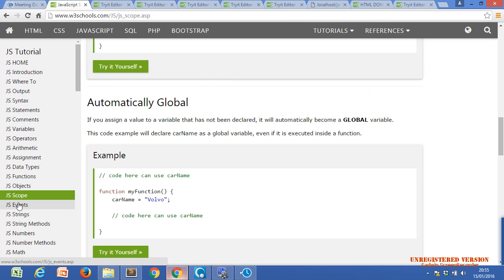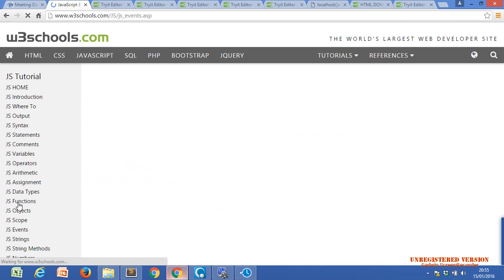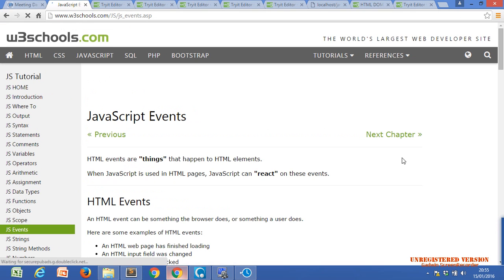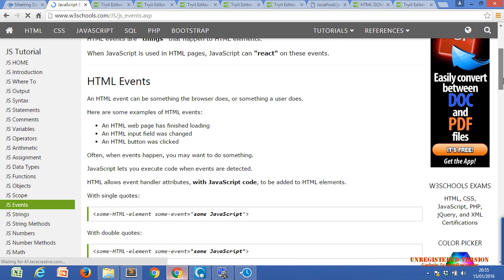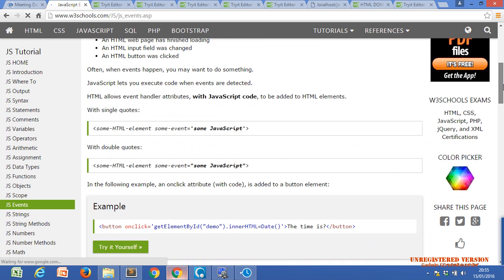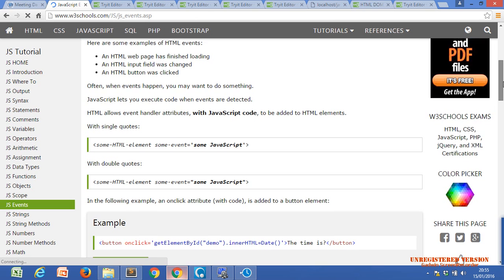Events. What are the events? We already discussed the events when we used the functions. onclick is the event of our button element or submit button element.